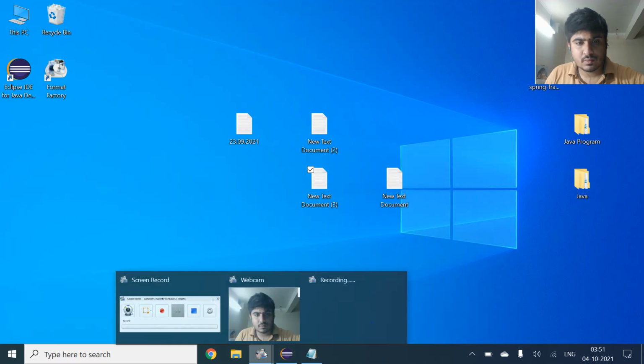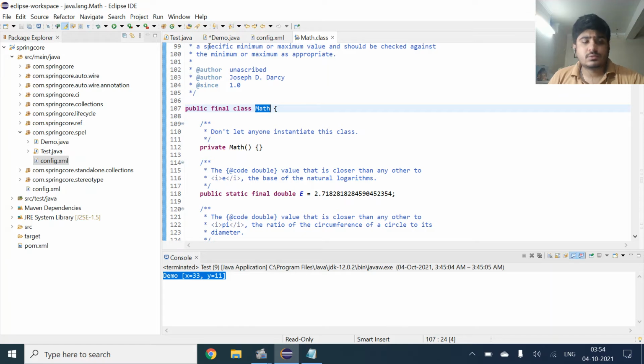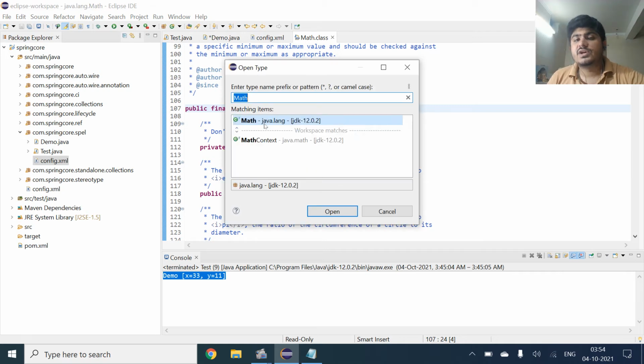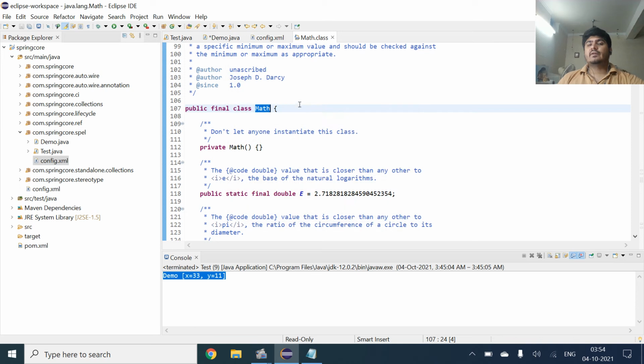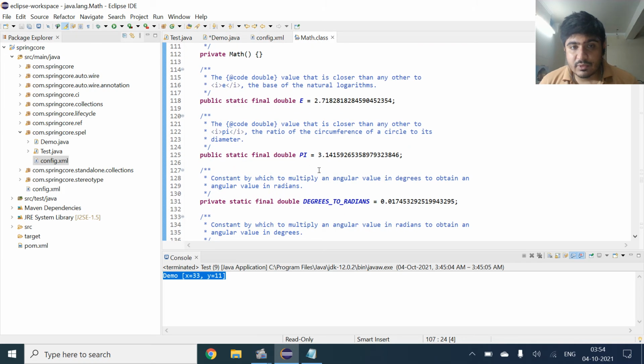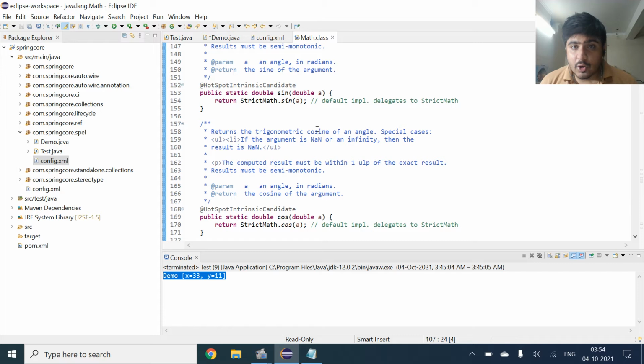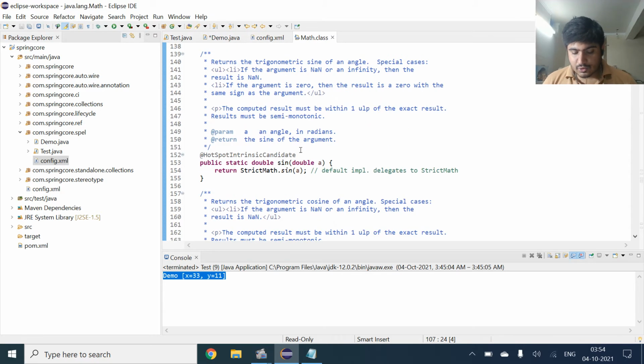We just introduce it by Control Shift and T, and here I introduce java.lang for finding the Math class. In this class, we will have all the methods and we can find them. Here we have double, sine, and all the trigonometric functions also. So we need SQRT. We will use Control F, SQ.